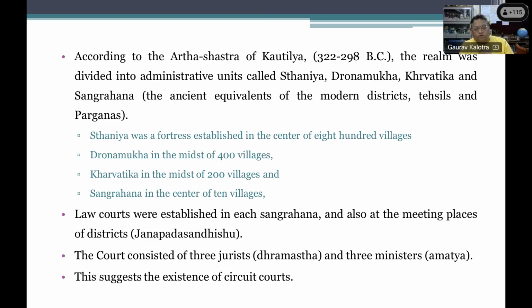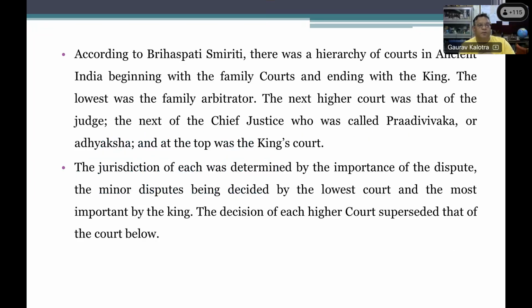Now, the court consisted of 3 juries and 3 ministers, which were known as Amatyas. This suggests the existence of circuit courts during that time, that was 322 to 298 BC. Now, according to Brihaspati Smriti, there was a hierarchy of courts in ancient India, beginning with the family courts and ending